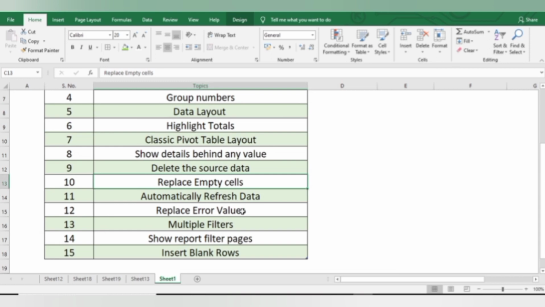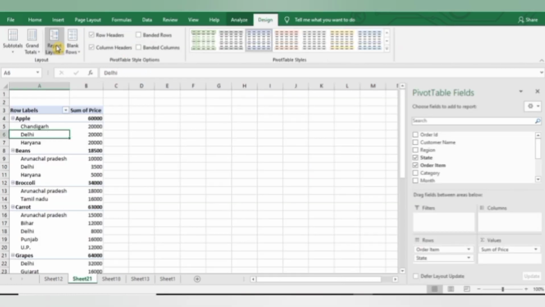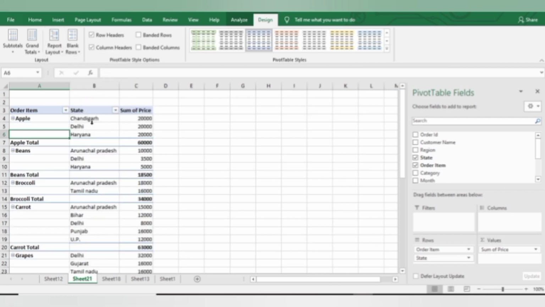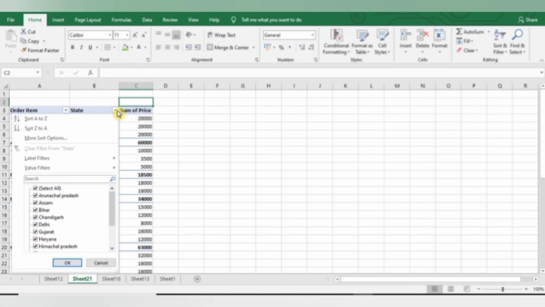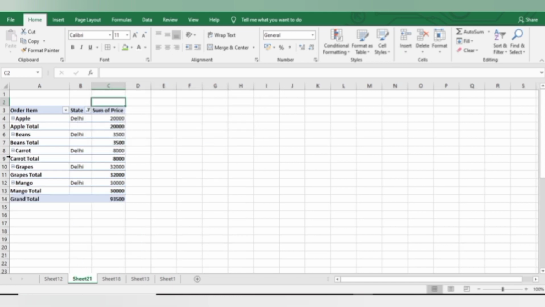Now next is multiple filters. For applying multiple filters, if I go to label filters and then type equals, like I want the sales data of Delhi only, and then press OK. So these are all the fruits or vegetables which are sold in Delhi.